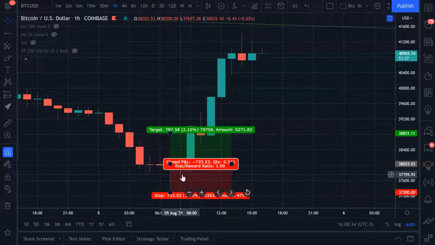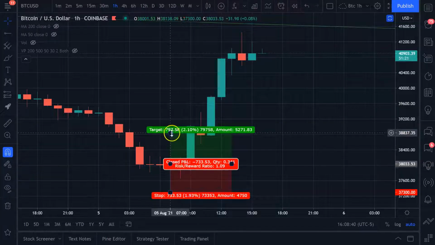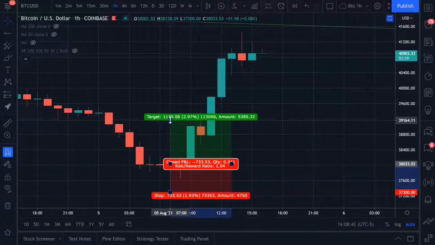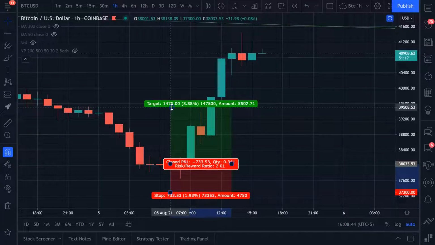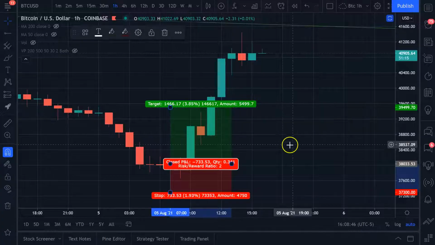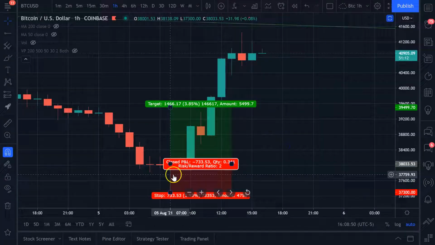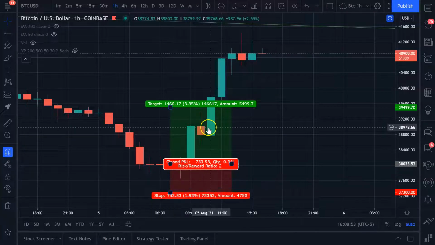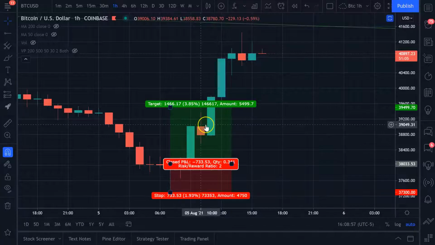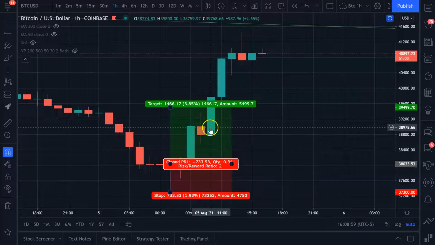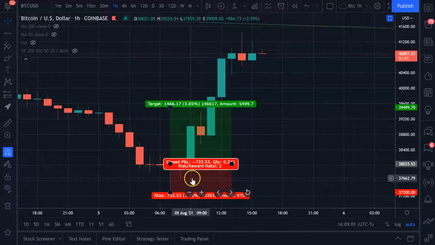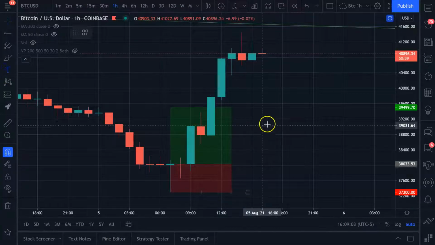So if you're trading with a 2-to-1 risk reward, which is the minimum that you should be trading with, right? Then you're going to pull this up for almost a 4% profit target. In this case, about 3.85%. And there's your trade, just like that. So you'd be long at 8 a.m. Central Time, and you'd hit your profit target within about 4 hours. Done, right? Almost 4%. So let's say, for example, just quick math, 1.93%.